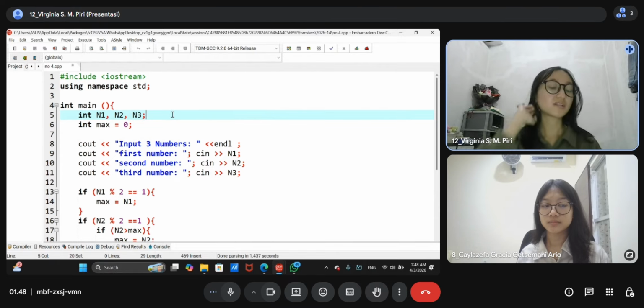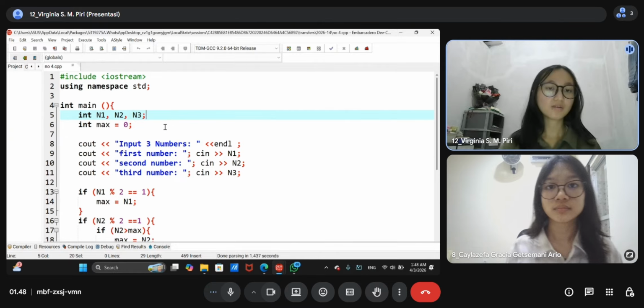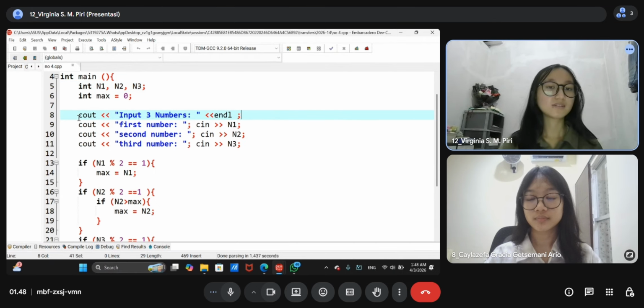So that means later we will use this max to run the program. First of all, we ask the user to input the numbers. So this one says input three numbers, and then the numbers will be in here.